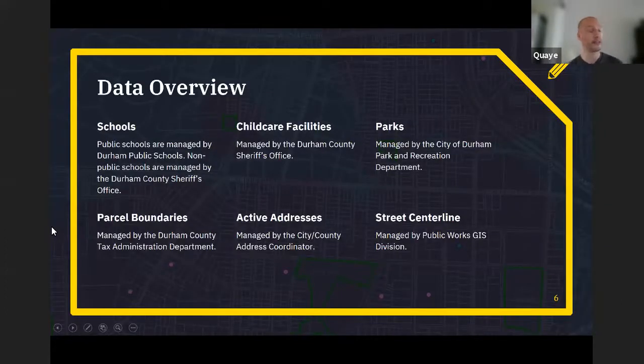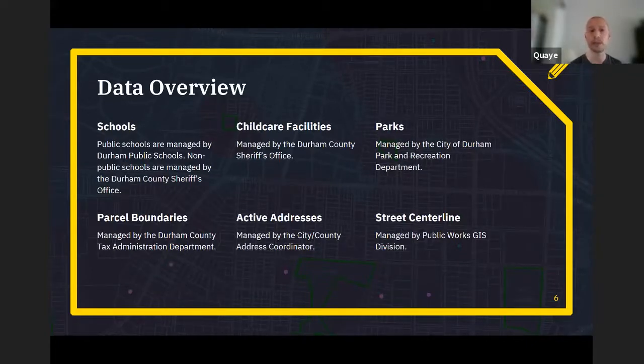The general statute is very clear about what restrictions apply to the sexual offender, and with the help of Ms. Jackson, through an initial inventory of our in-house data, these were our findings. So this is just an overview of the various data sets that would be involved in the analysis. And we have a very good relationship with Durham Public Schools. We meet with them regularly and ensure that our data reflects the actual situation on the ground.